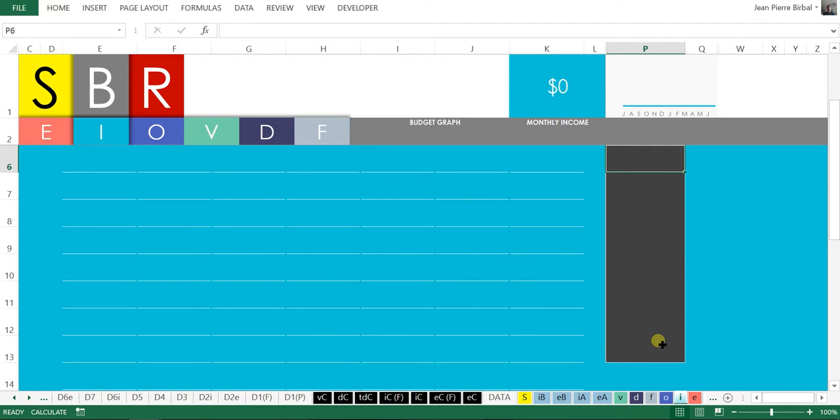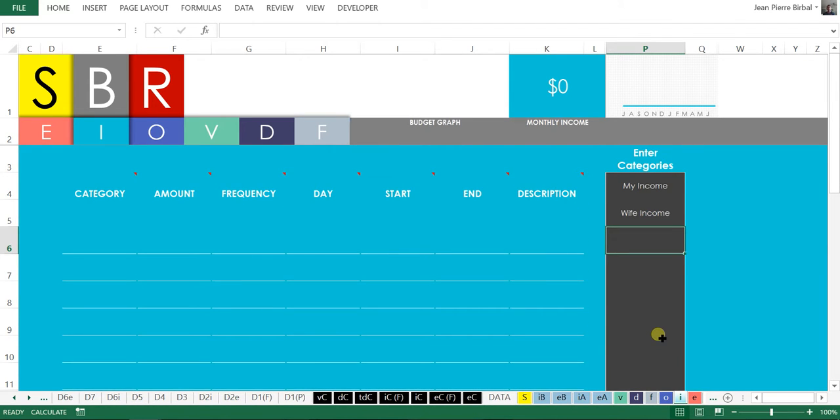So long as there's space provided, you can enter how many categories you want, how much you feel is important for your specific budgeting needs. For me, I only need about two. Keep it nice and simple for demonstration purposes. But once we have our categories set up, we can now begin entering each individual item that corresponds to each